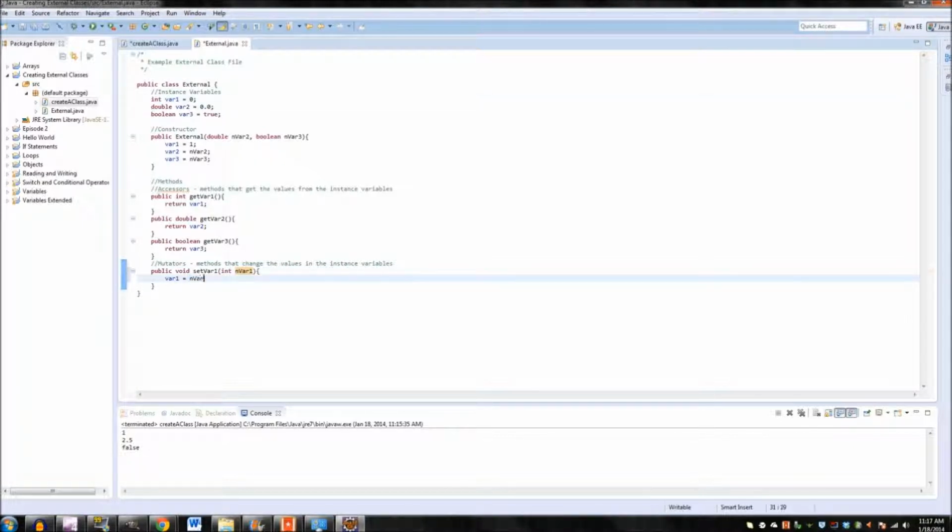So var1 equals n var1, and we can go with that. So if I was to do another mutator for each of the variables I have,